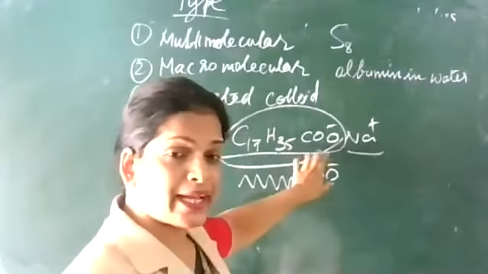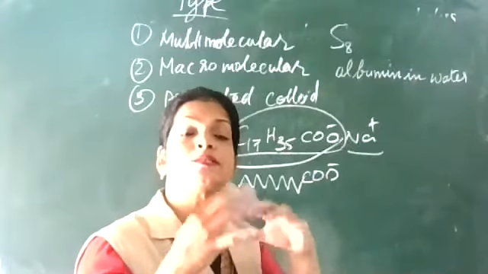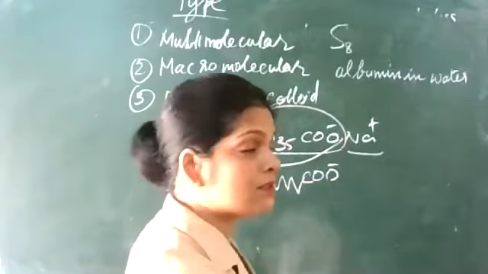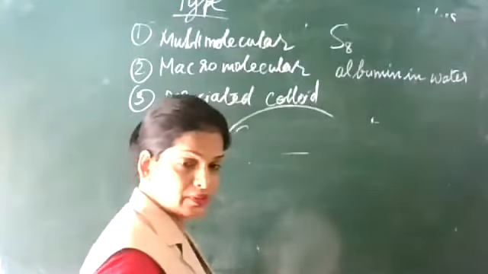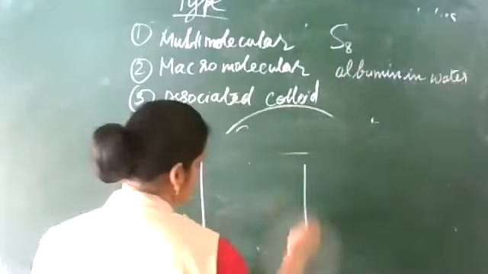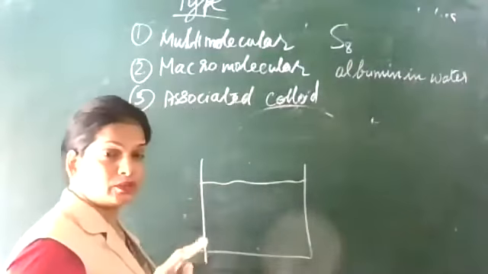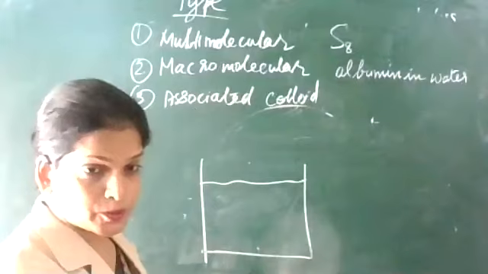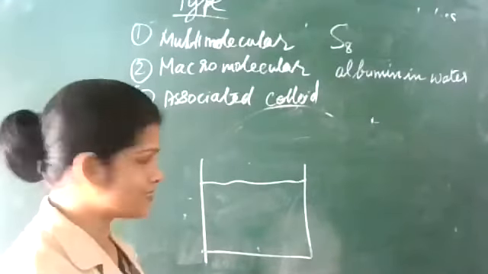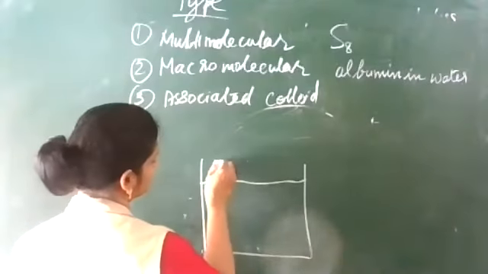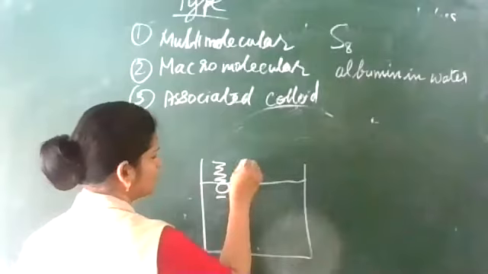At lower concentration, they act as electrolytes, but at higher concentration, they aggregate together to form a soap micelle. First, I learned the structure of micelle in class 10. In lower concentration, these soap molecules, when soap is put in water, positive and negative portion is important for us. That is C17H35COO minus. So we are showing that this minus end will be in contact with the water at lower concentration.